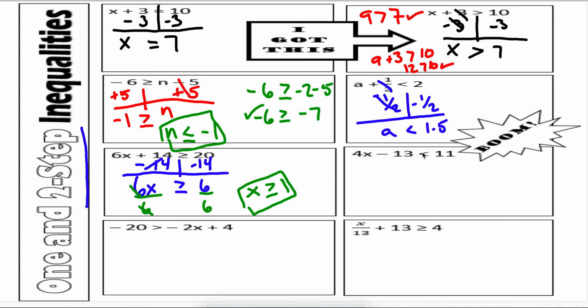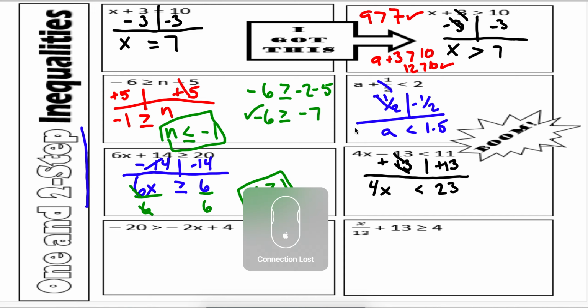4x minus 13 is less than 11. We want to get rid of this negative 13, so we're going to add 13 to both sides. Left with 4x, cancel, cancel. 11 plus 13 is 23. And we put our inequality symbol in there. 4x less than 23. And we want to